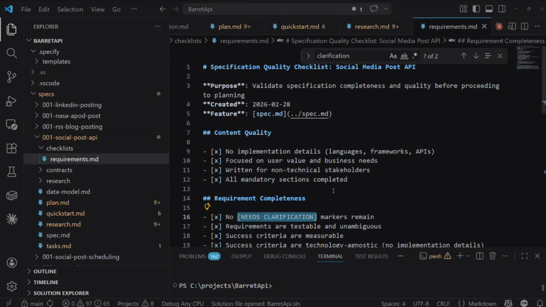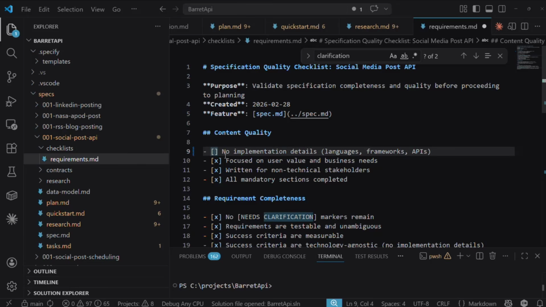So I mentioned before that it may or may not create one or more checklist files. It may not create any. It just depends on what you're doing. And for each of those, it will create a bunch of them, and they'll all be blank to start with. But as it works through the various pieces, it'll check them off as completed. And until all of them have been checked off, it won't let you run the implementation step.